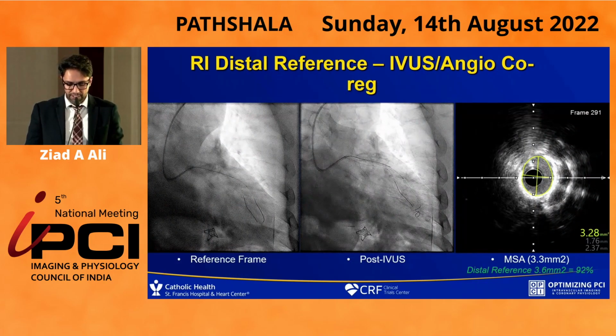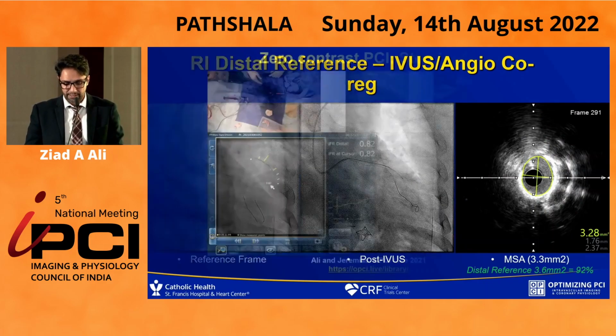So here, our distal reference was 3.6. Our minimal stent area is 3.3. We're 92% expanded. That's the end of the case.